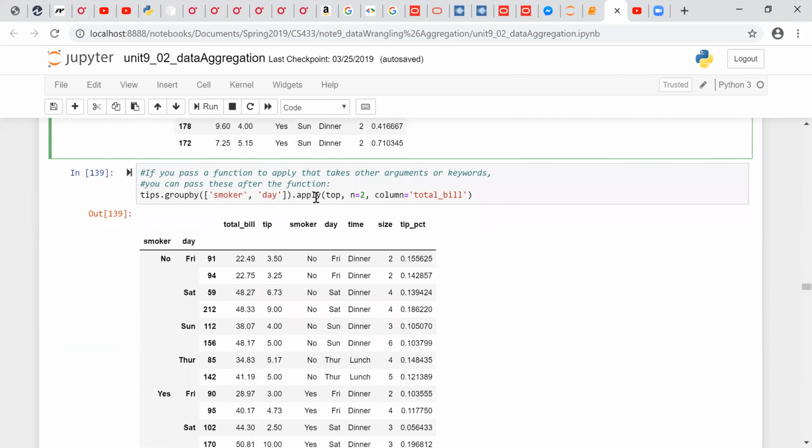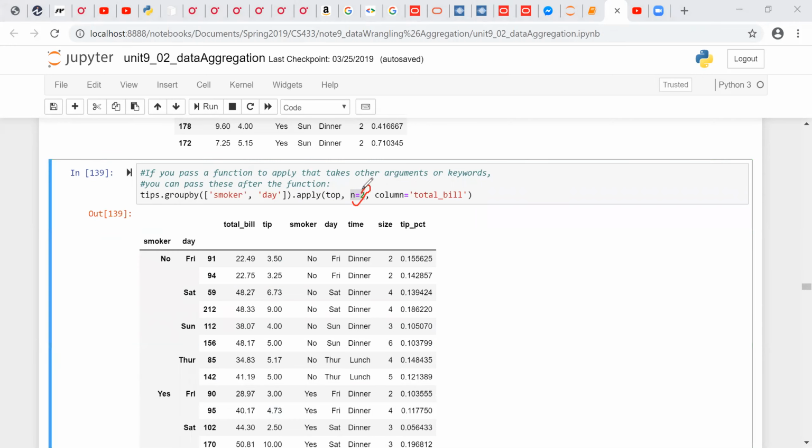And then for this apply, for that top function, if you don't want to use a default value, you can override that. So in this case, what we did is we don't want top 5, we just want top 2, and the sorting is not going to be by tip percentage, it's going to be sorted by total bill. Then you can specify them, so this will override the default